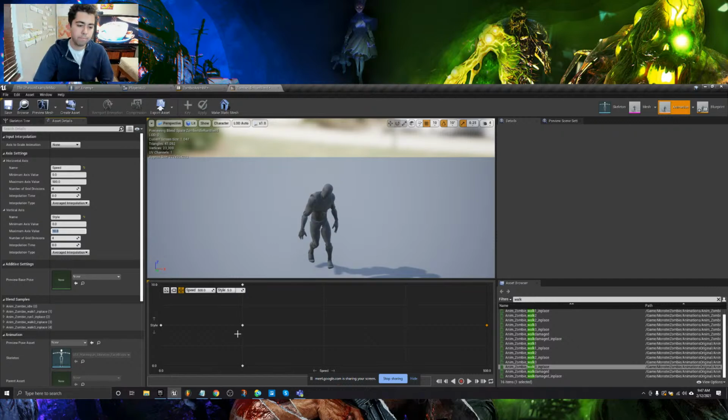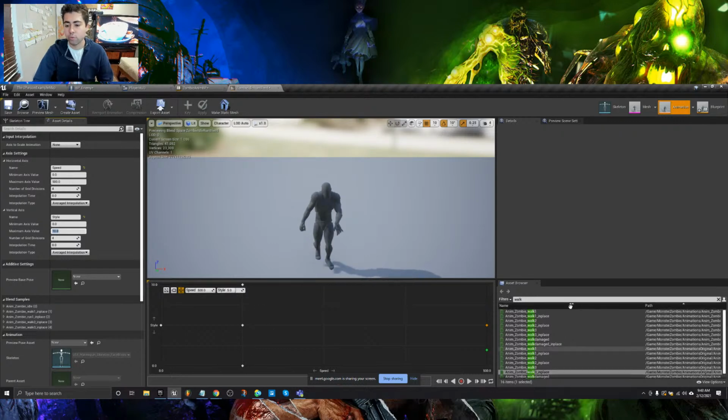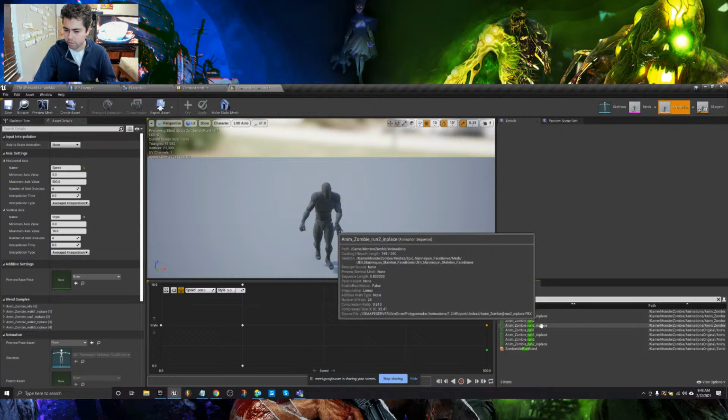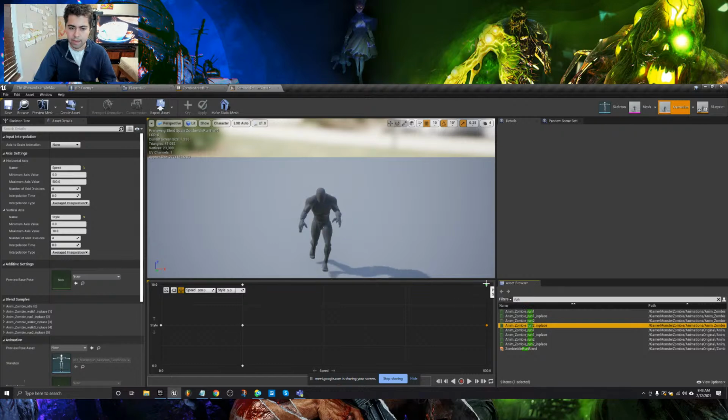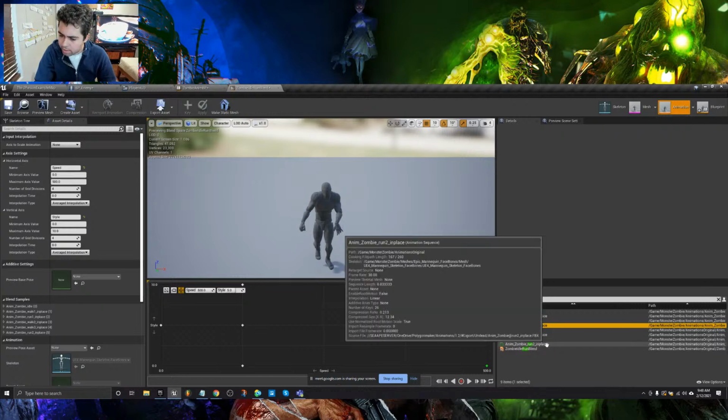Okay. So, great, now we can blend those. Let's also blend our running animations. We have different types of running in place. So let's type in run. Currently we're using run 1 in place. Let's do run 2 in place. Let's put that up here at the top. You see that it's a full arm run. That's a scary one. And it doesn't look like we have a run 3, but because there might be,